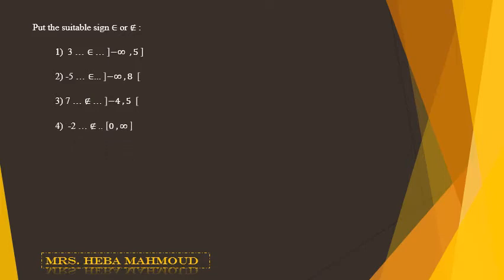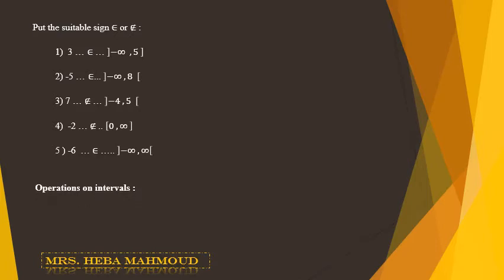Example 4, -2 belongs or doesn't belong to closed 0 till infinity open, so it doesn't belong. Example 5, -6 belongs or doesn't belong to -8 and -infinity till infinity, so -6 belongs to